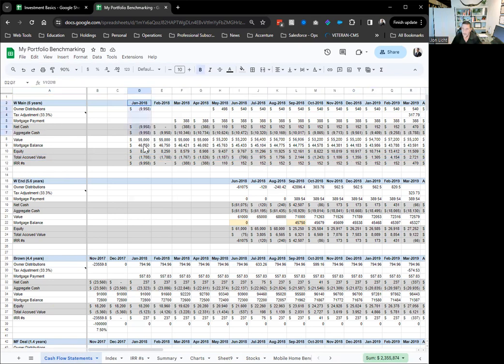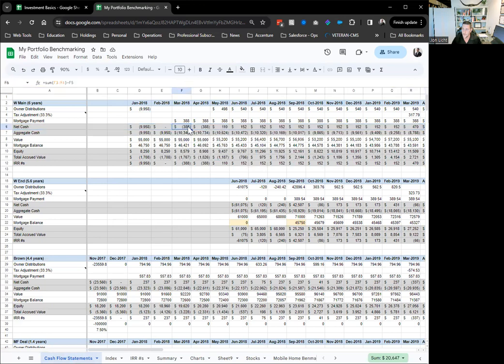So if we take a look at one example here of how that's going to work out. For this house I bought in January, I only went down about 10 grand, right? This was only a $61,000 house in Milan, Tennessee. So at that time, you'll see the equity is basically my down payment, 8,250. Well, why is my total accrued value negative? It's because of all the fees, right? So the day you buy a house, it is a negative investment because it was about $1,700 in fees, right? But then you see over time with this total accrued value,